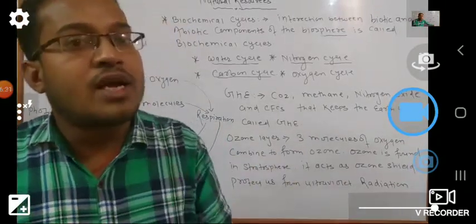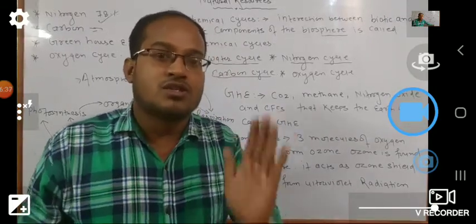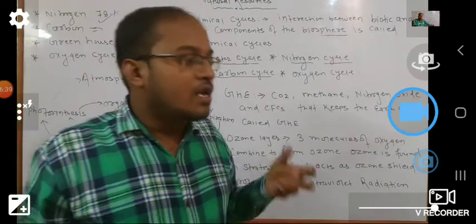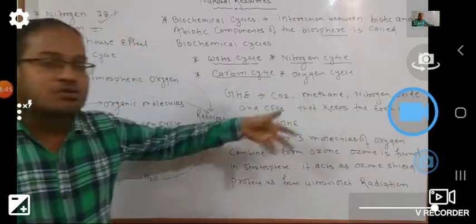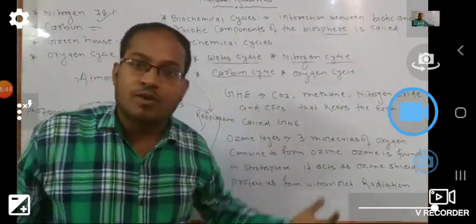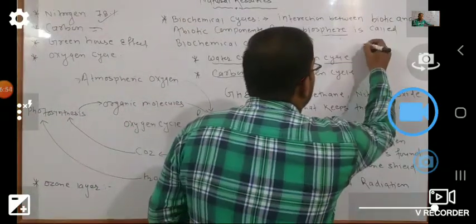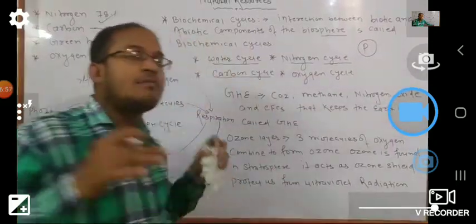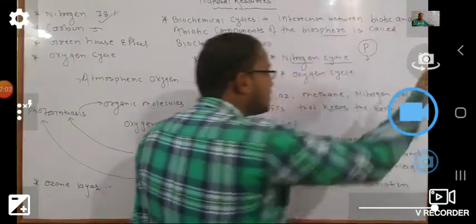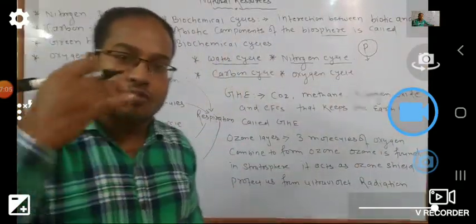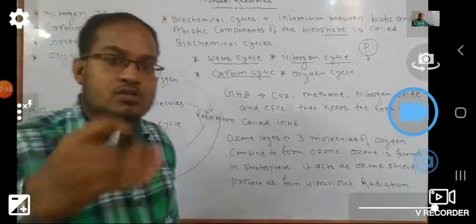Because plants are taking carbon dioxide, and if you are not providing the CO2, it means plants will not respire, and if the plants will not respire, definitely they will die. So plant के die होने से producers की कमी होगी, और if there is a less of producers, consumers भी कम होंगे। Why? Because most important point we have to discuss that producers जो होते हैं वो plants होते हैं, क्योंकि यहाँ पे चीजों को produce कर रहे हैं plants। So plants are called producers because they are producing lots of things. They are called producers जो चीजों को बनाकर दे रहे हैं, and they are also called autotrophic.